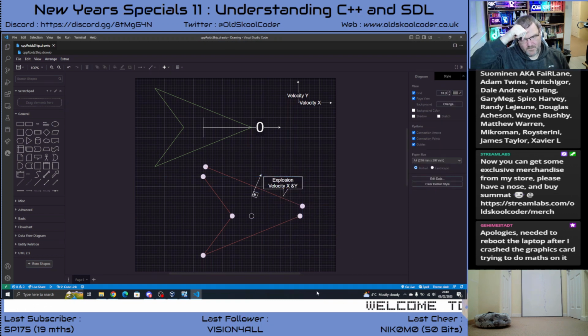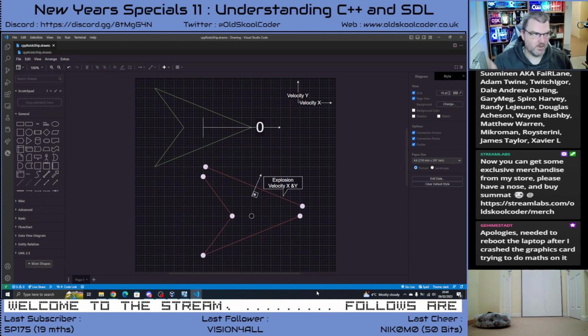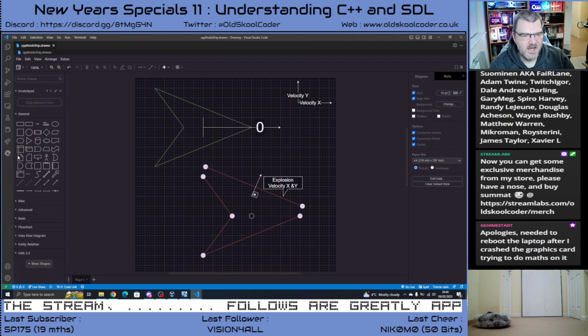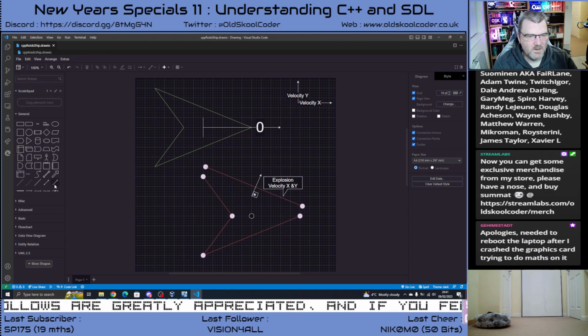Right. So how do you work out how to blow it out? Well, it's the same thing as what we're doing to make the ship move forward and sideways and all that jazz. It's the same way. So the equation is